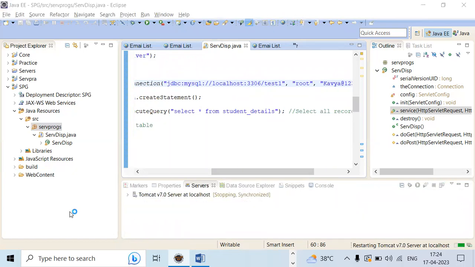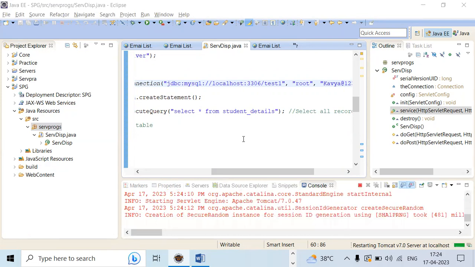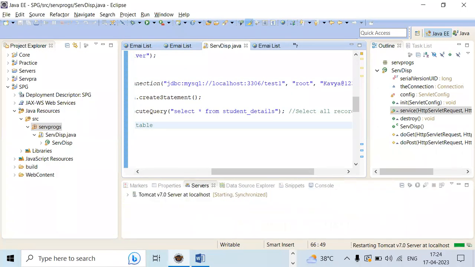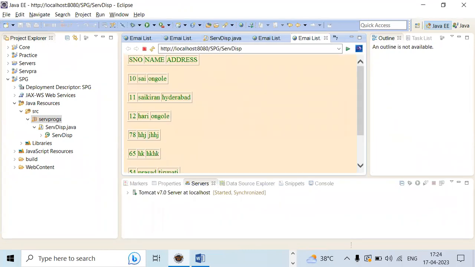Now you can see that the reply will come. So generally I create some basic form. If you want to add more styles, you can use CSS and more advanced tags in HTML also, to make the web page very effective. Okay, this is how we can display the data from a database table in Java